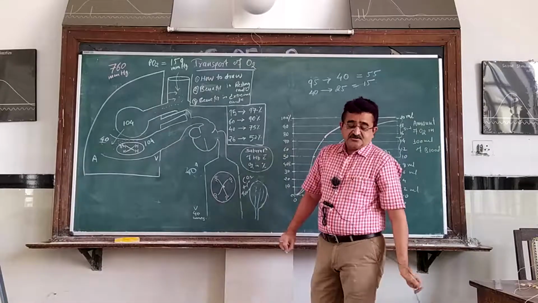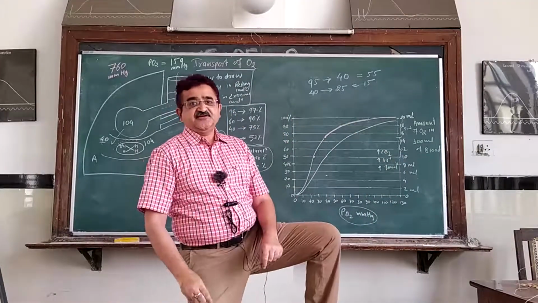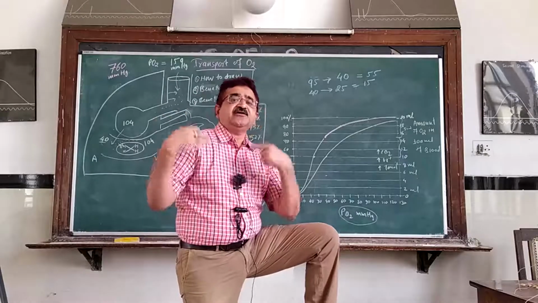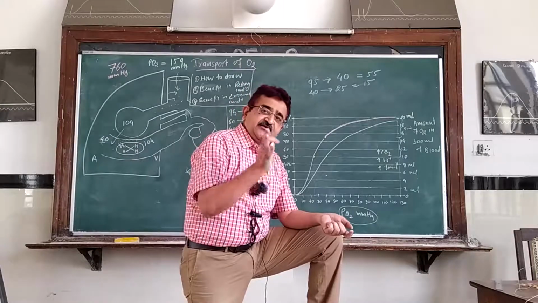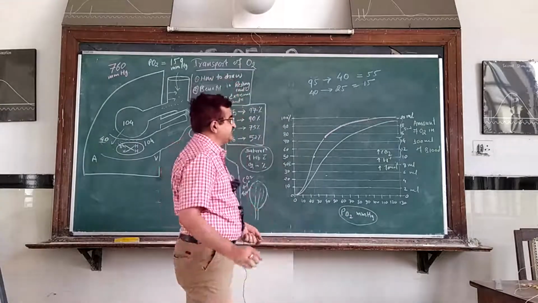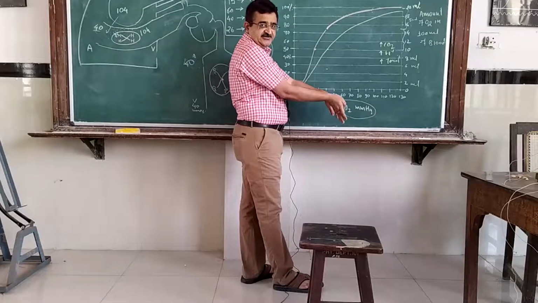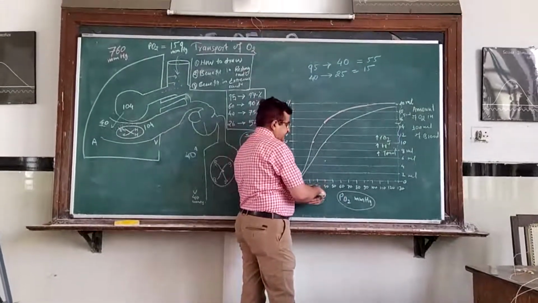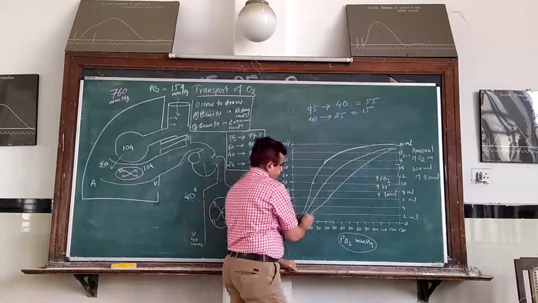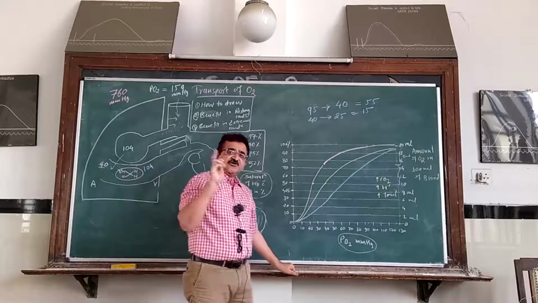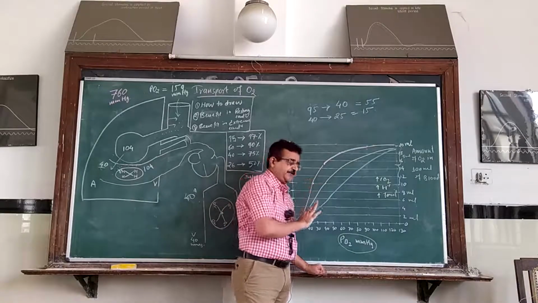Now, your exercise is more severe, intense exercise. Now, the demand of O2 is increased from 10 ml to 15 ml. How will that 15 ml be delivered? To deliver this 15 ml, the curve is again shifted more towards the right, and this is how it is shifted. Okay. So now to deliver 15 ml of O2, what changes have happened?